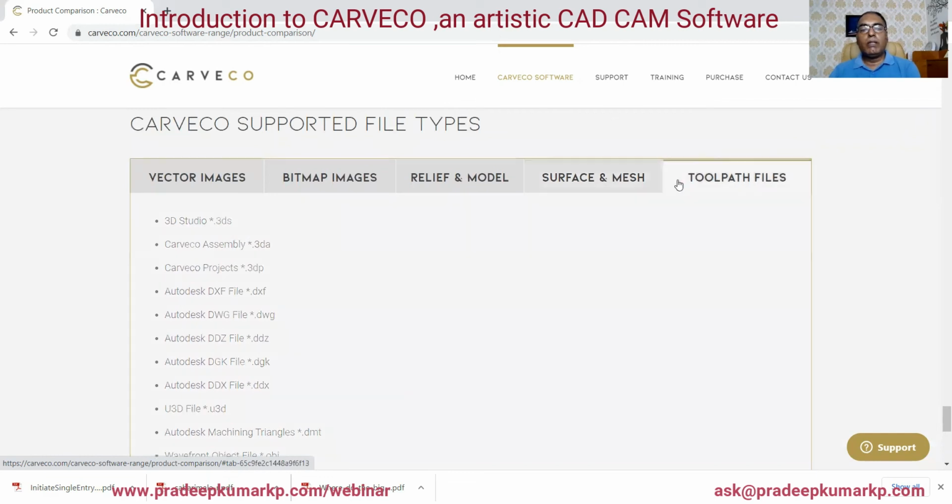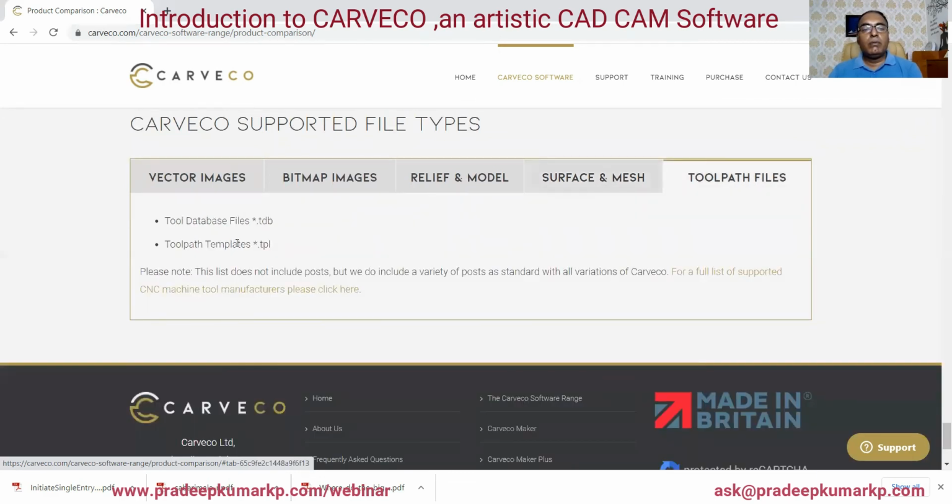And on the toolpath side, the basic data file is star.ttb, and the template is TPL. And also you can follow different machine tool manufacturers. Their post-processor also can be supported. So we can include a variety of post-processors and standard post-processors of different machineries.